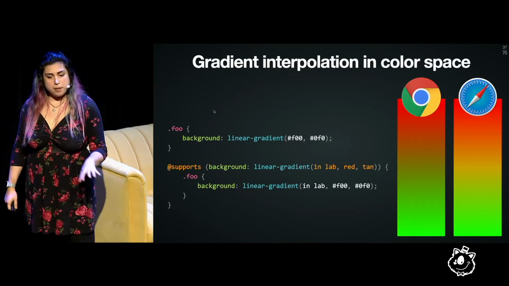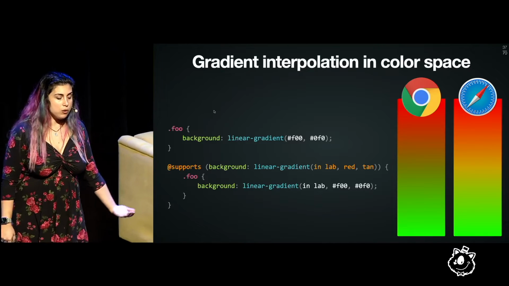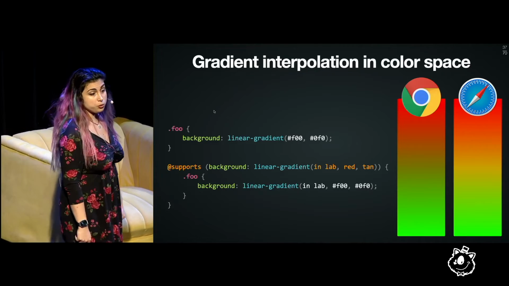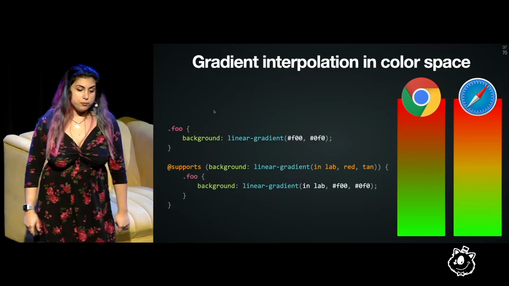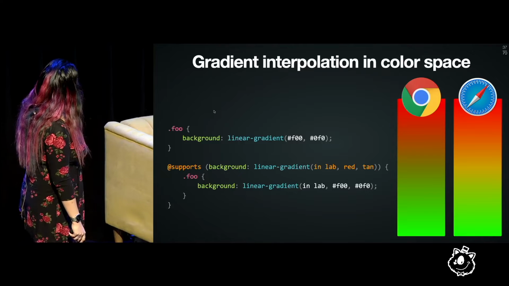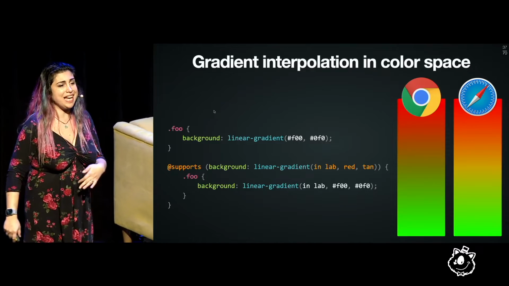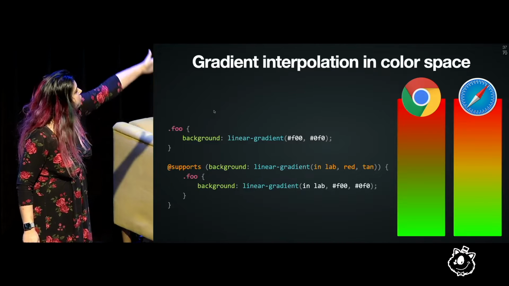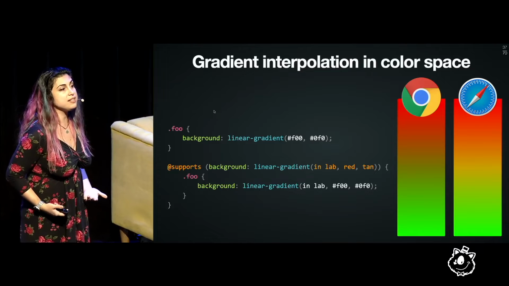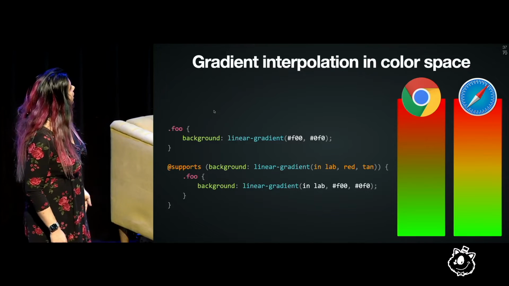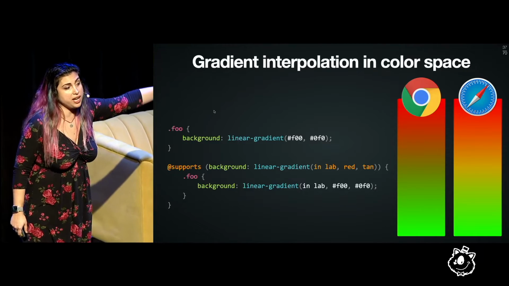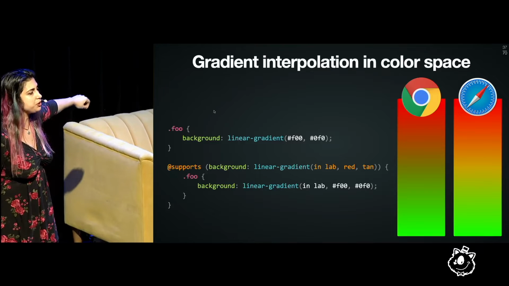Also, there are much more tame things that you could do with the idea behind space toggle. For example, one of the CSS features I'm very excited about is being able to interpolate in a color space. For the longest time, gradients and general color interpolation in CSS has been stuck with interpolating in sRGB, which produces terrible results. Look at this red to green gradient, and we're just used to this. Oh, this is how gradients work. No, gradients do not have to work this way. If we interpolate in a different color space, we can get a nice gradient like this, which today we have to create manually by setting multiple different color stops.